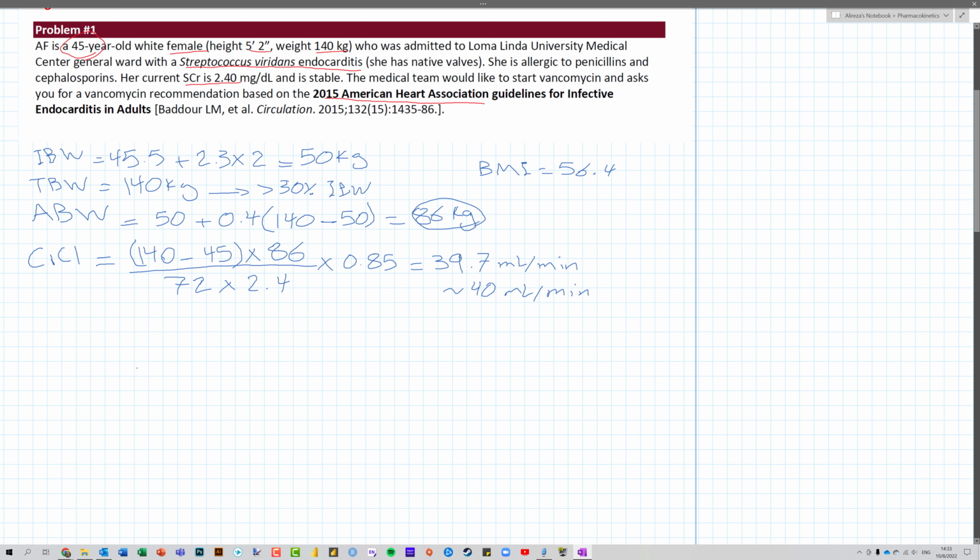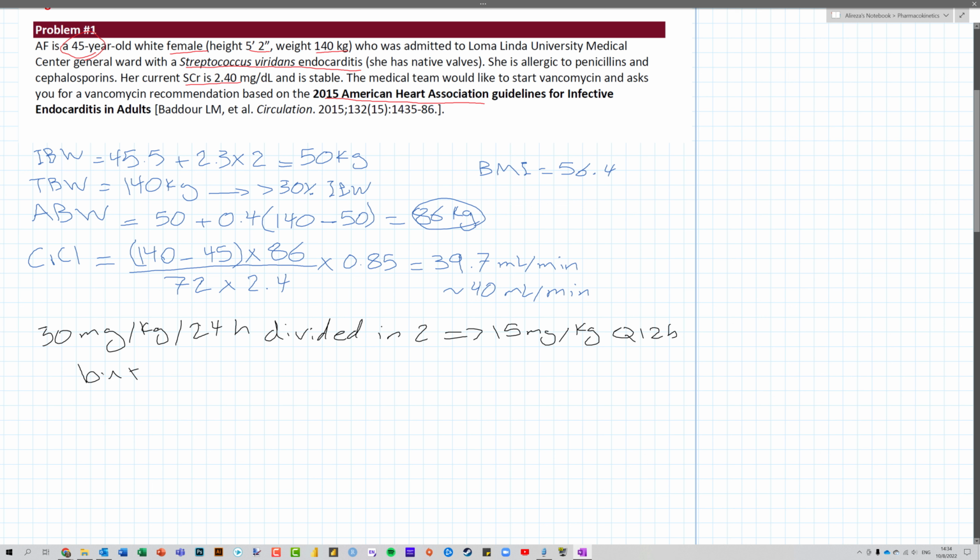Let me switch to a pen. So 30 milligram per kilogram per 24 hours divided in 2. So that would mean 15 milligram per kilogram every 12 hours. Now, that's normal renal function. This patient's renal function is creatinine clearance,